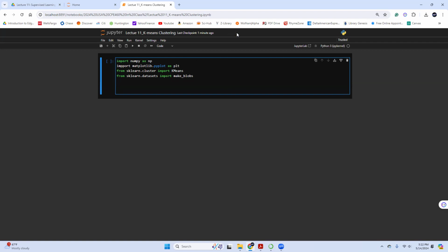Then I'm gonna generate the data, and then I'm gonna say X, y equal to make_blobs, with number of samples equal to 1000, and clusters equal to 3.